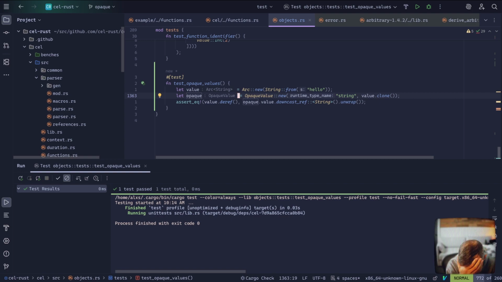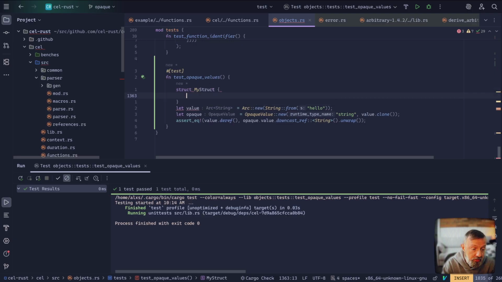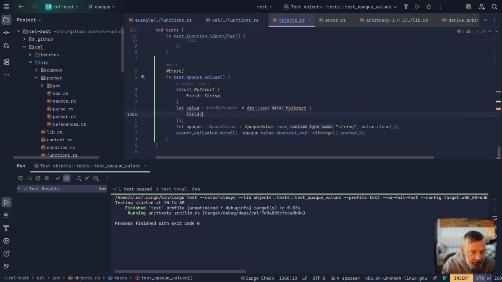I'm back to the arc thing. So we can use it to inject an arbitrary value in there. Actually, let's do that maybe. What we want to do is create a struct here that I'll call my struct. And in there, I'll do a field that's of type string, right? We don't really care per se. And now what I'm going to do is get rid of this, and I'm going to change this in two ways. You'll see in a sec. So I'll do my struct